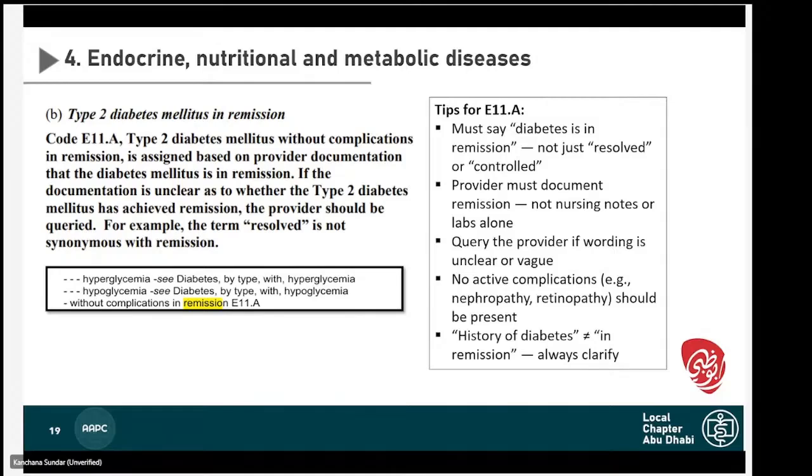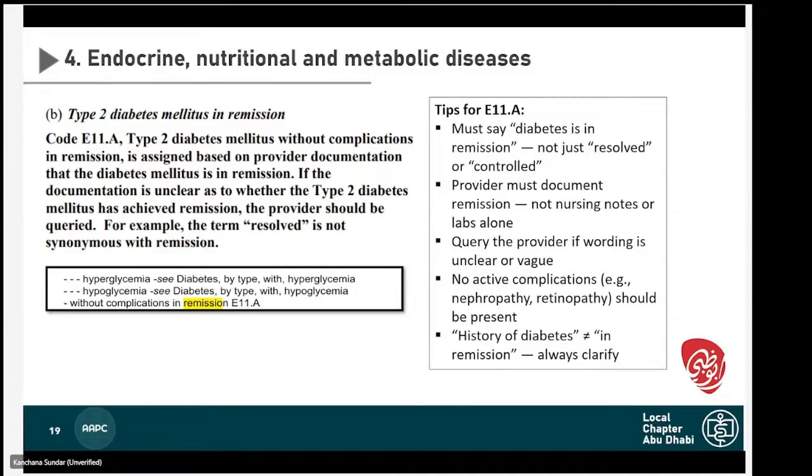And this should be assigned only when the physician is documenting it very clearly. What does remission in general mean? Remission means that a disease is no longer active, but the disease is there. Yes, the disease is there, but is it active? No, it is not active. That is the picture we are creating behind type 2 diabetes mellitus when we are coding it